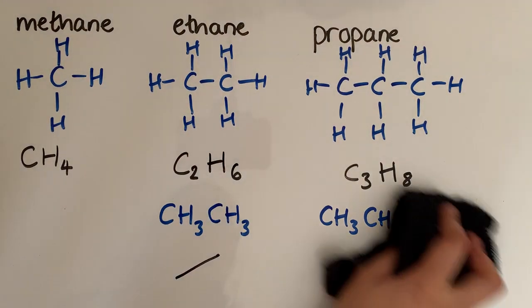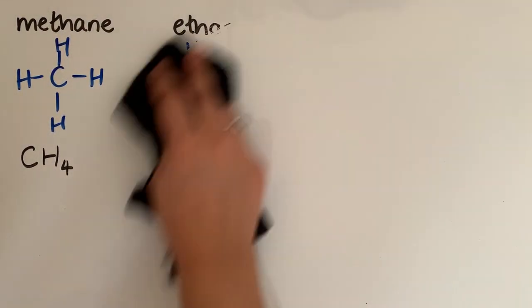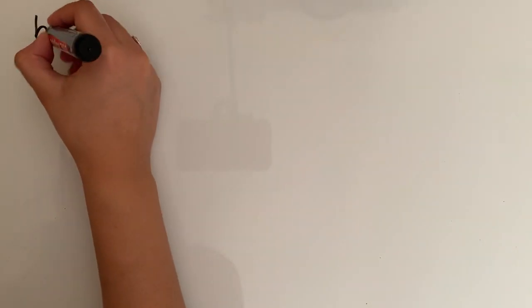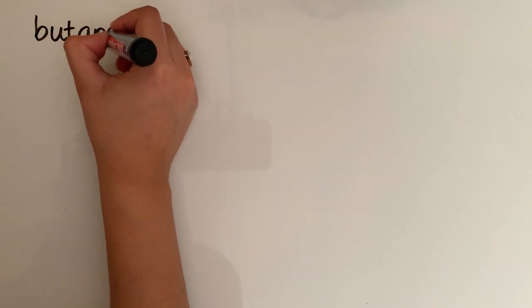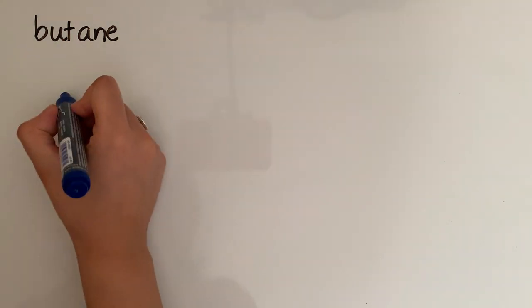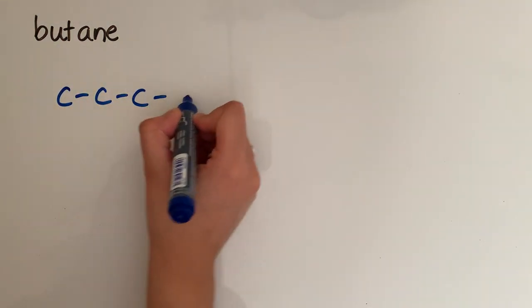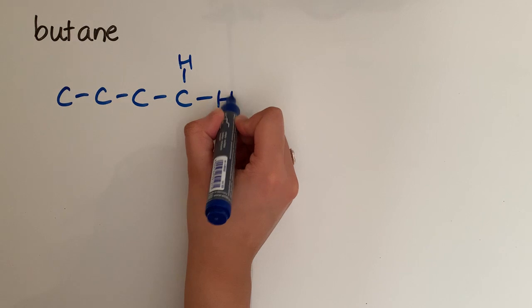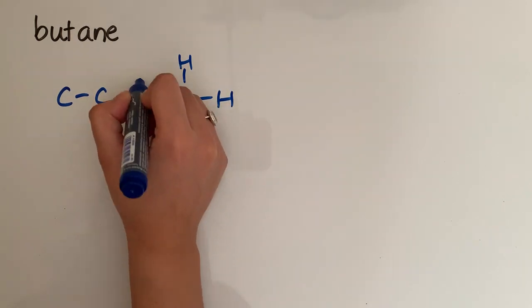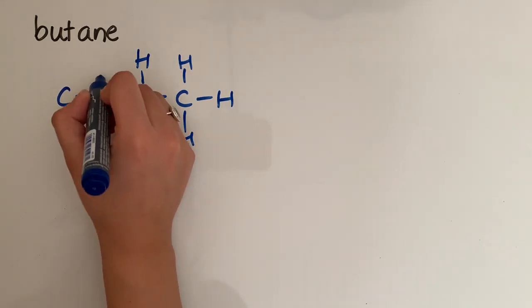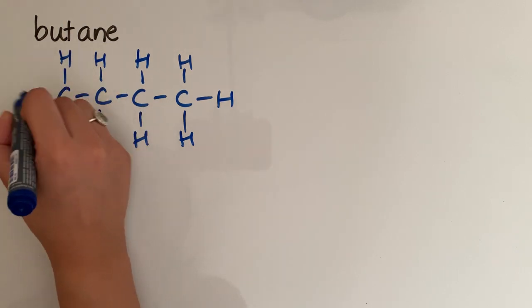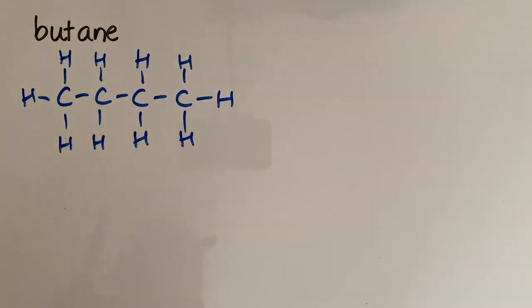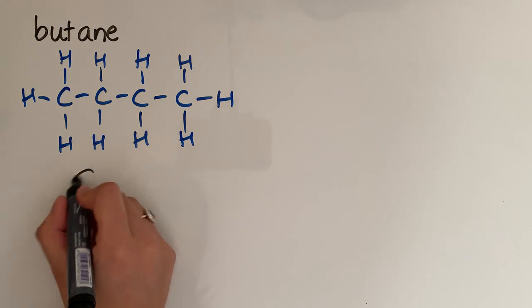I'm going to show a few more. So after propane, which is 3 carbons, we need to have 4 carbons. So the next one is what we call butane. So but is for 4 in the chain. And again, each carbon must have 4 bonds, like so. The molecular formula is